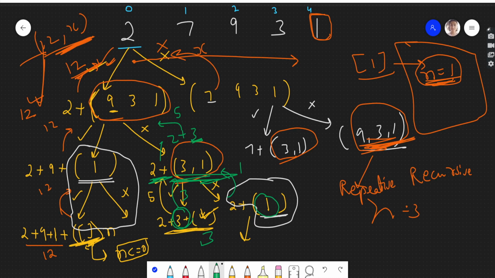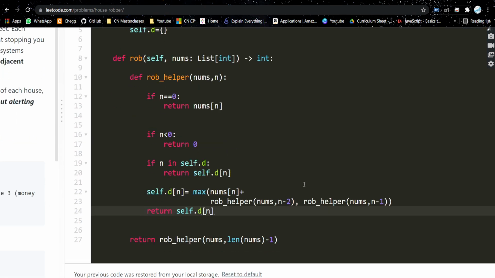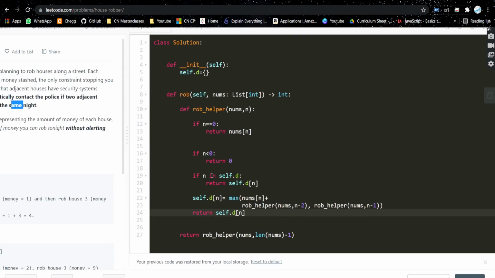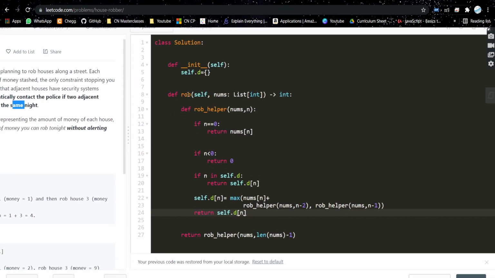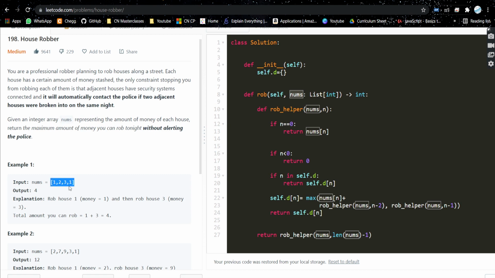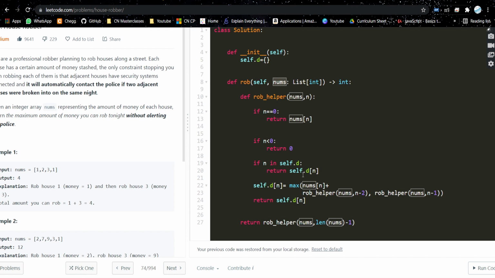It's very simple if you have understood the approach. In the problem, we are given this function rob, and it will contain an array nums. This array is the amount in each house. What we will be doing is making a helper function. Why a helper function? Because every time we need to know the number of elements in the array, which we will pass in the next recursive call.